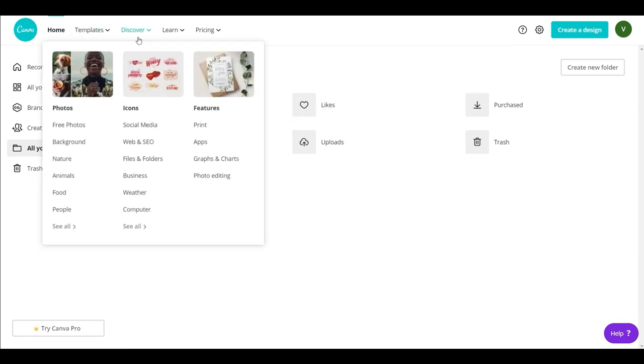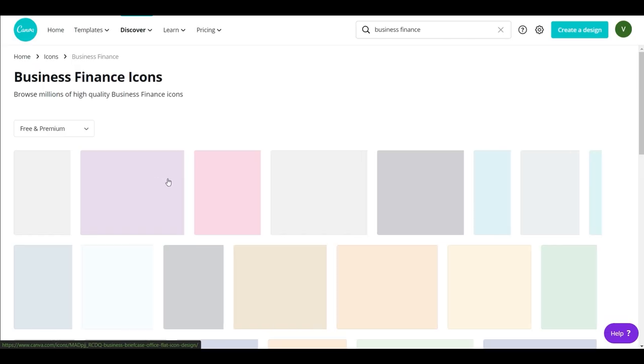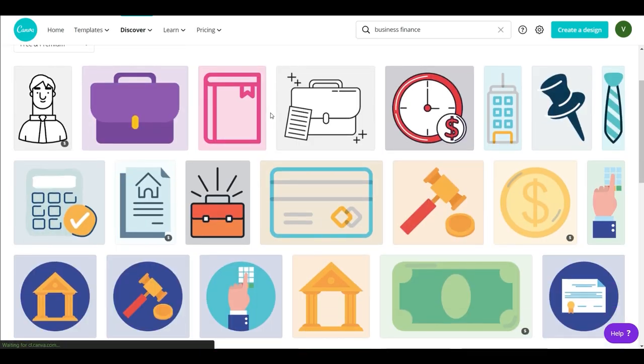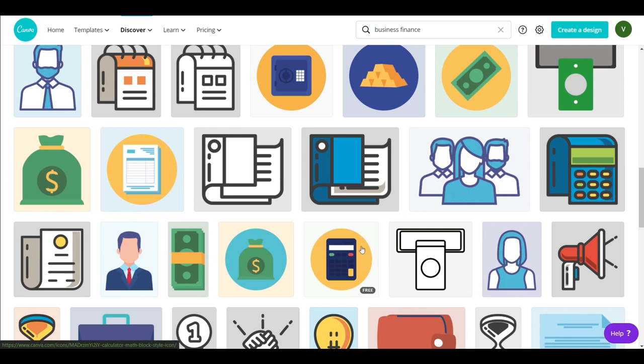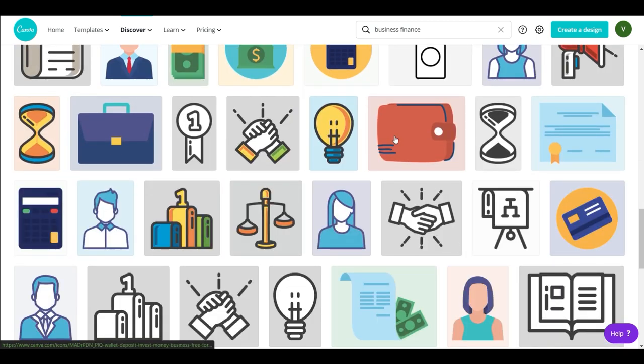Moving on to the next one, you can discover photos, backgrounds, and whatever you want for your design. As you can see, the next column is Icons. Say I need something for my business, so I click on this Business panel, and you can see that there are n number of icons, literally thousands of icons, which you can use for free. These are transparent, and they also come in vector format.